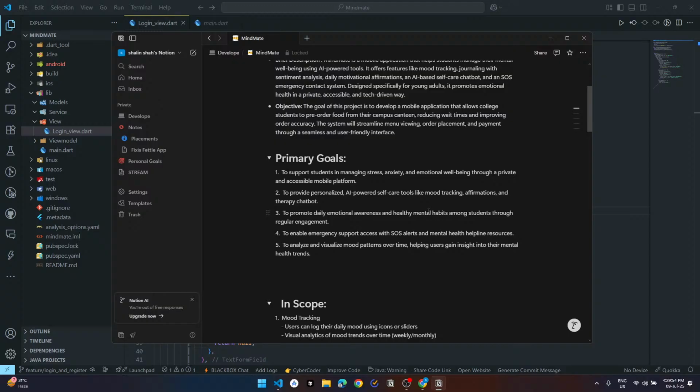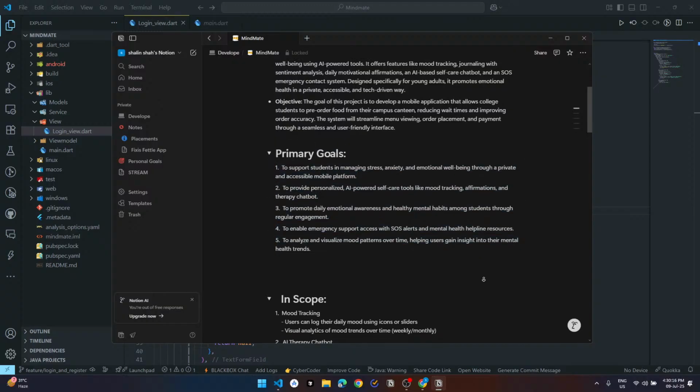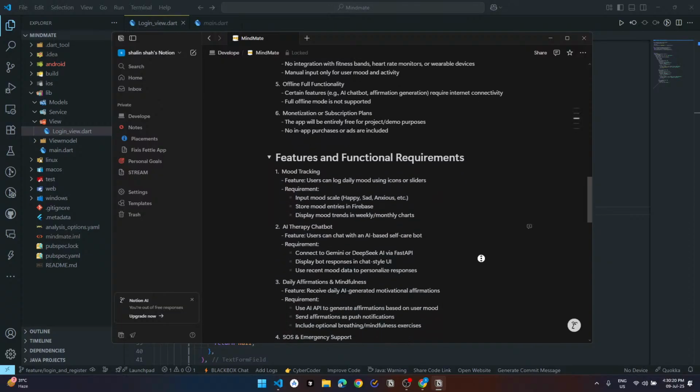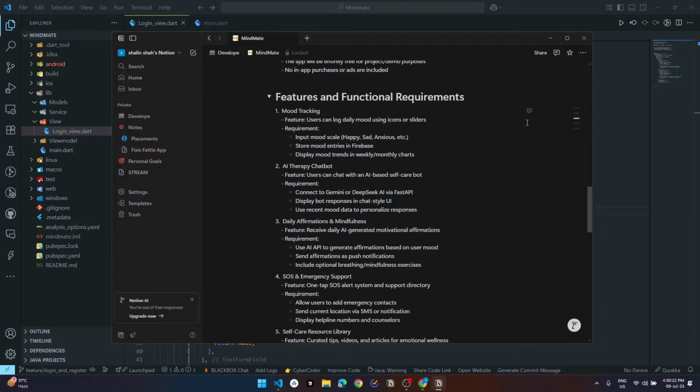Today, in this social media world, everyone is going through anxiety, stress, and emotional breakdowns, right? So I'm building, not we, I'm alone solo building a one-app project in which I'm going to build these features and functionalities.